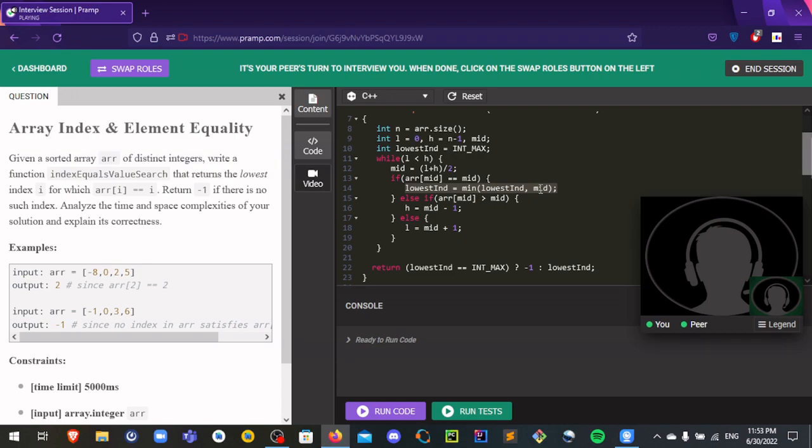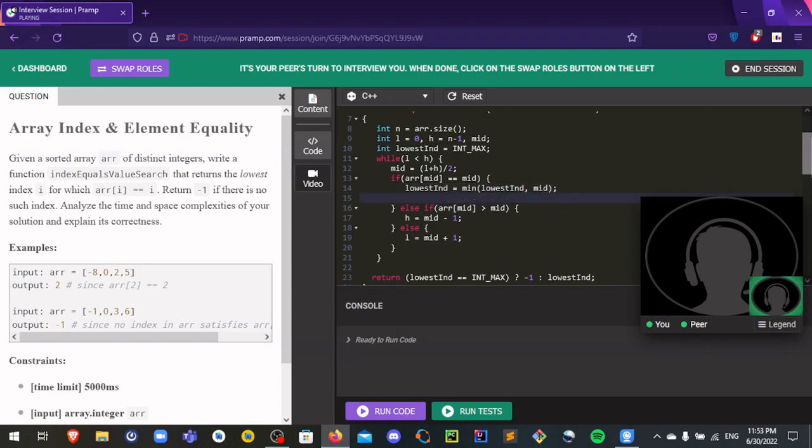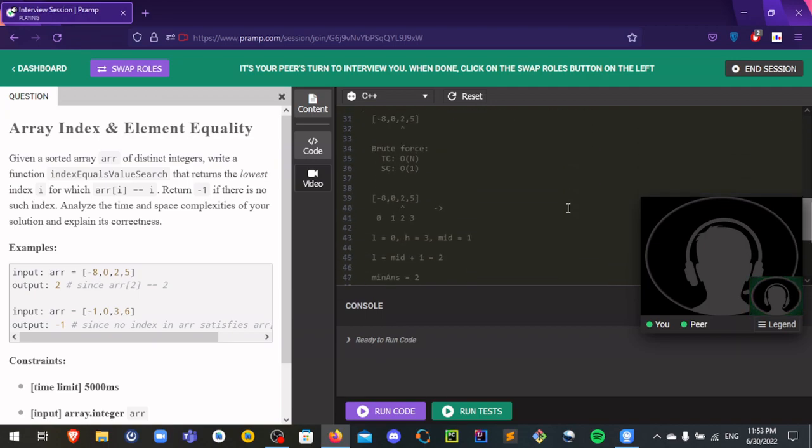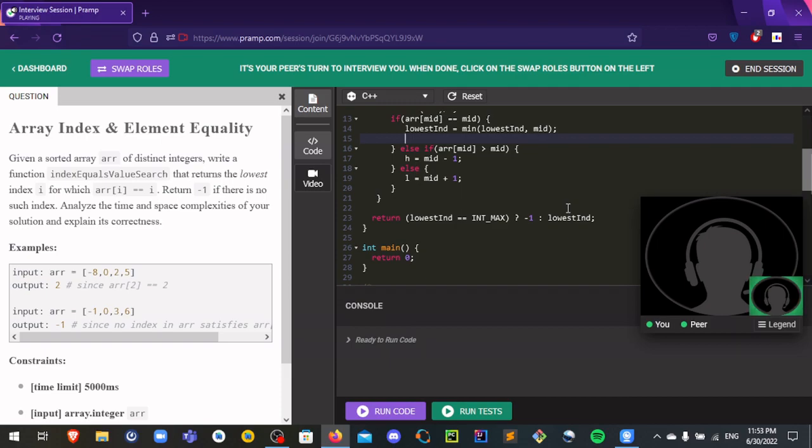Now I have the answer, but I should determine the direction. We said before if they are equal, we can go to the left. So in this case, H is equal to mid minus 1,